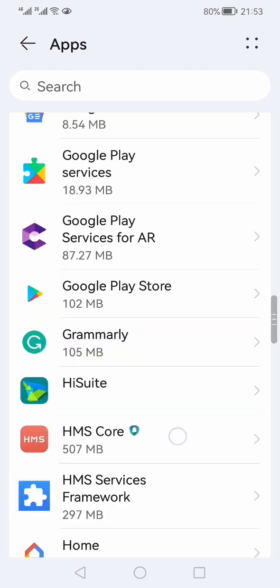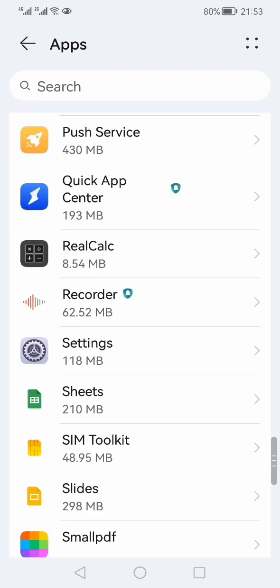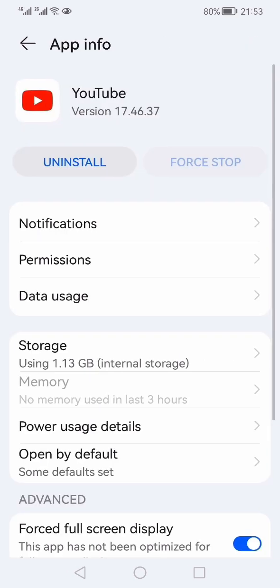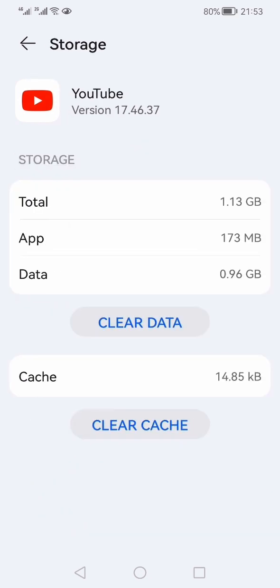You need to scroll down and go at the end for the YouTube app. In my case it is the third last, so I'm just going to click on that, and then in the next page you have to click the storage, and here you will see that you have the option of clearing the cache. So I'm just going to press that button, and here you can also clear the offline data that